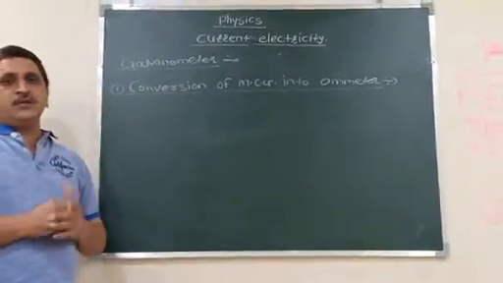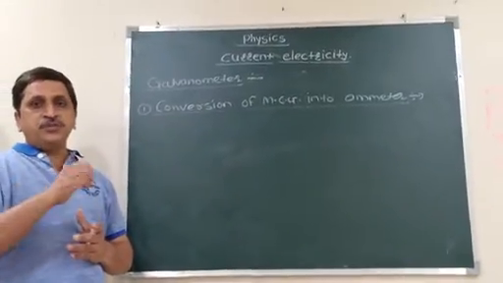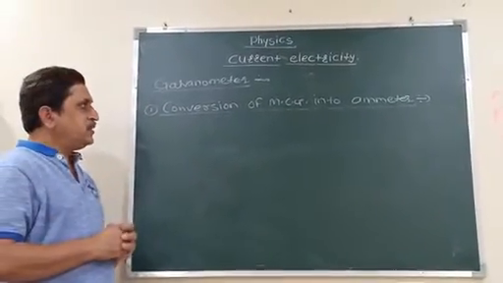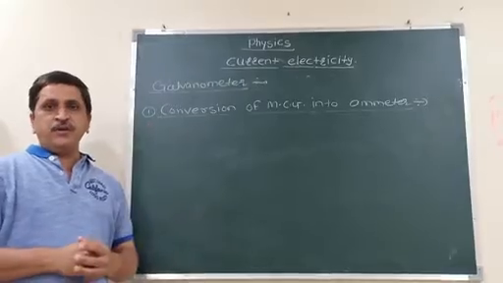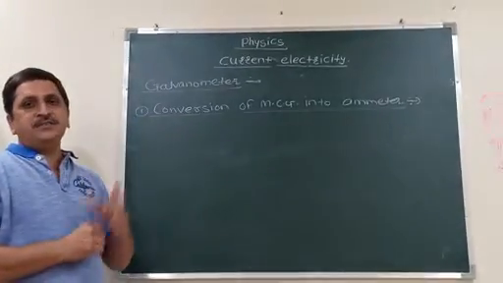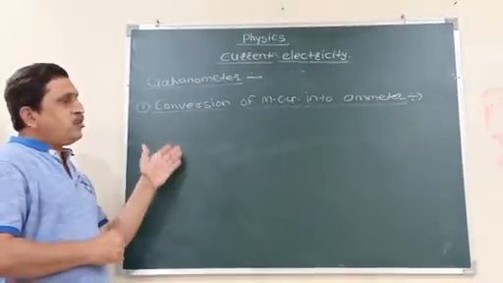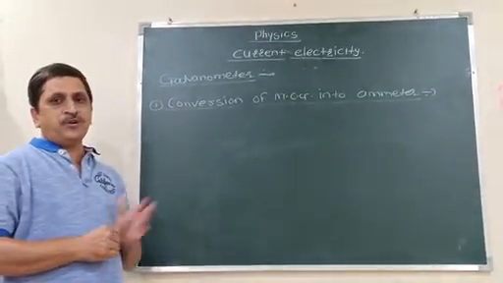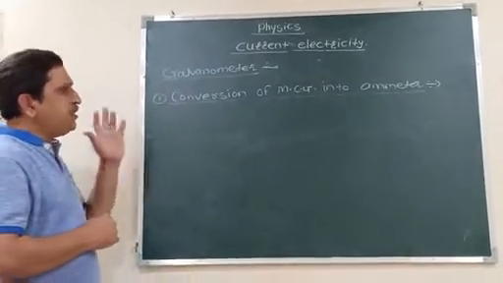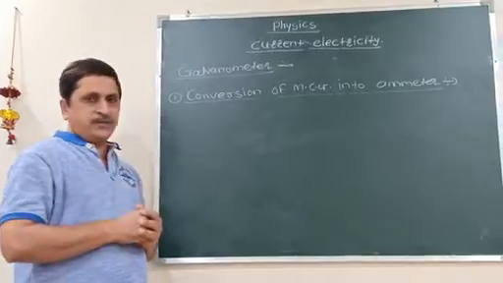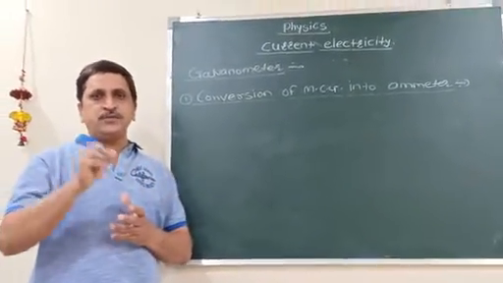Number two, if we have to measure a large quantity of current flowing through the electric circuit, then a galvanometer is not suitable, because a galvanometer is very sensitive and it is not useful to measure a large amount of current flowing through the circuit. And third one, the coil of a galvanometer is very delicate, nazuk aste.